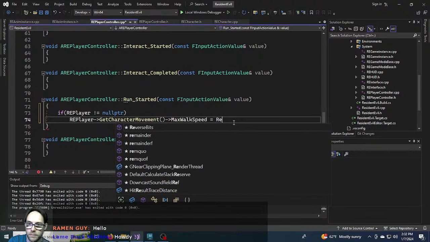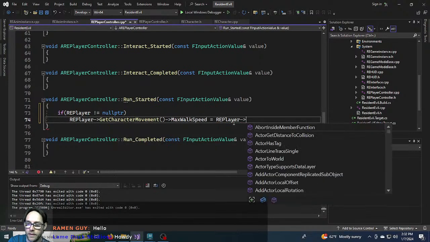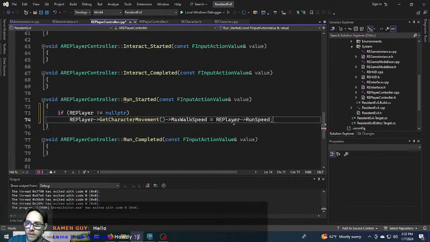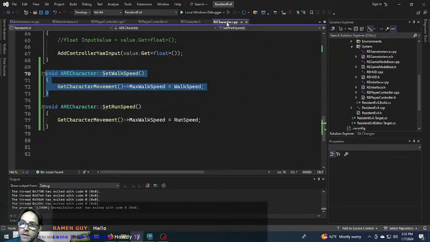I'll get RE player, and then I want to get its walk speed or run speed variable. So run speed. So I can totally do this, and this will fundamentally do the exact same thing as calling this function. But